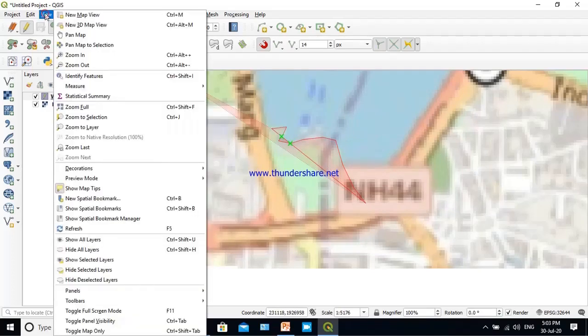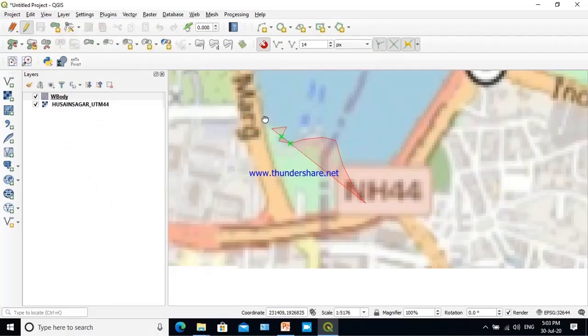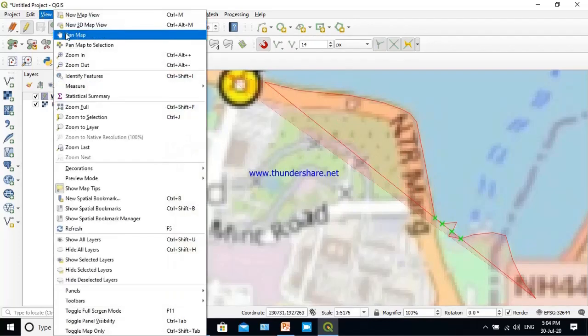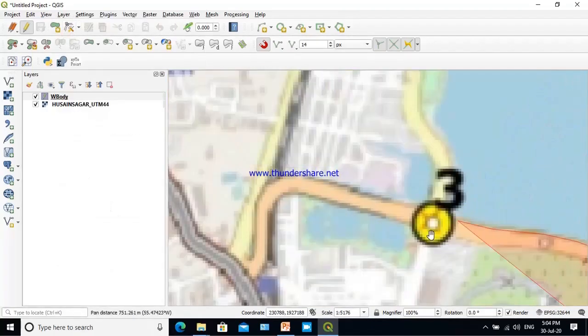Now go to view, pan it, again invoke the tool and go on digitizing. At a curvature you have to click close by, and at a straighter section you take a longer distance from one point to another point. Again pan it laterally.